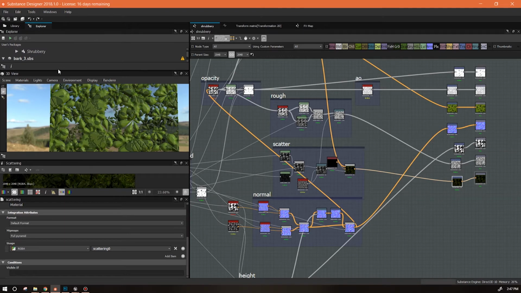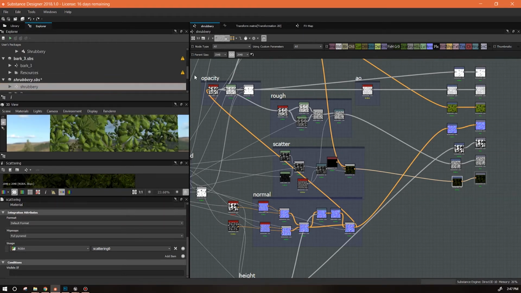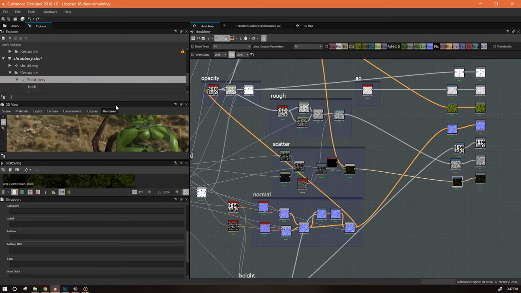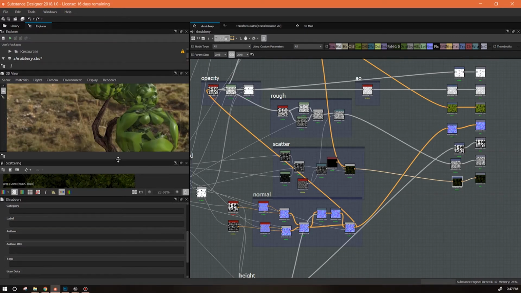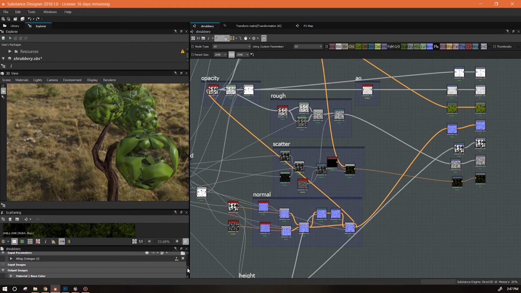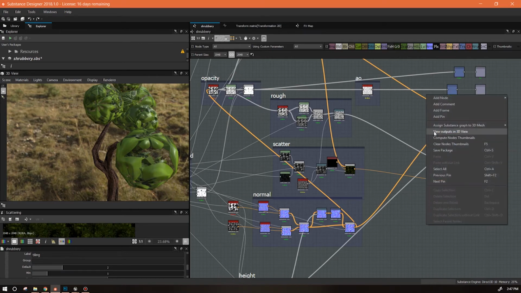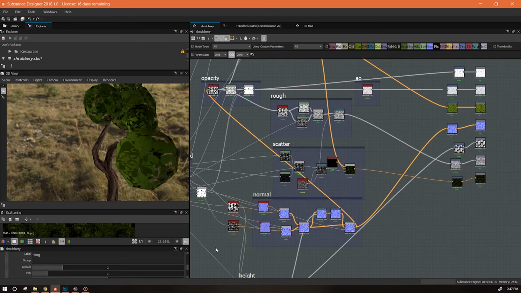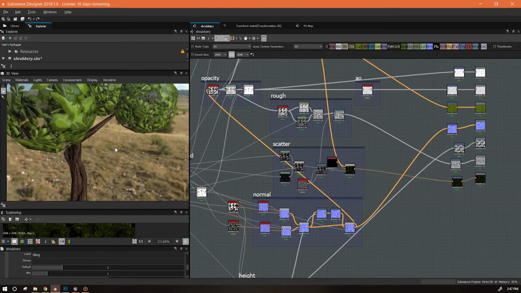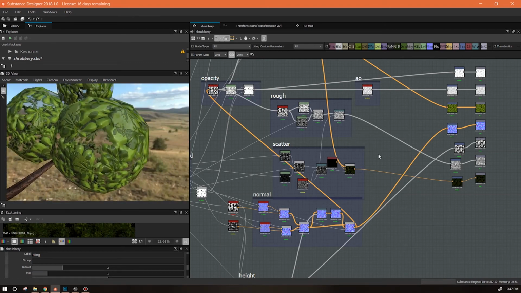So I'm going to come back into my Explorer. I'm going to get our shrubbery, close this down, get our shrubbery object. It's got its materials on it already because they've been assigned. And then we can come in here and change our tiling. Oh, I think we're going to have to resend the output. Yeah, okay. Yeah, so I'm pretty good with that. I think the one thing I'm not entirely good with is